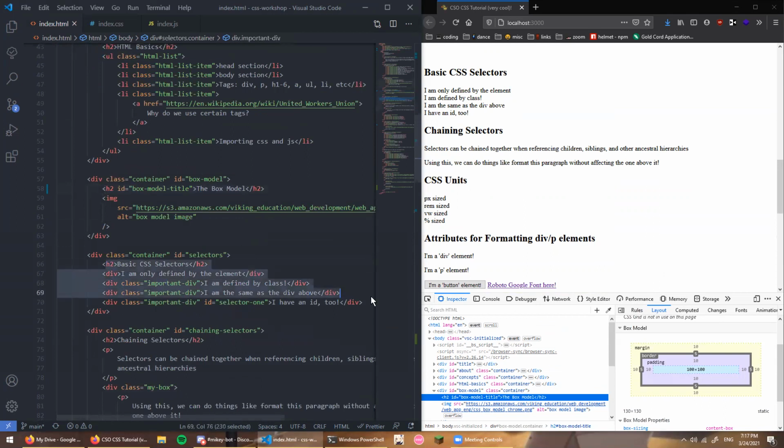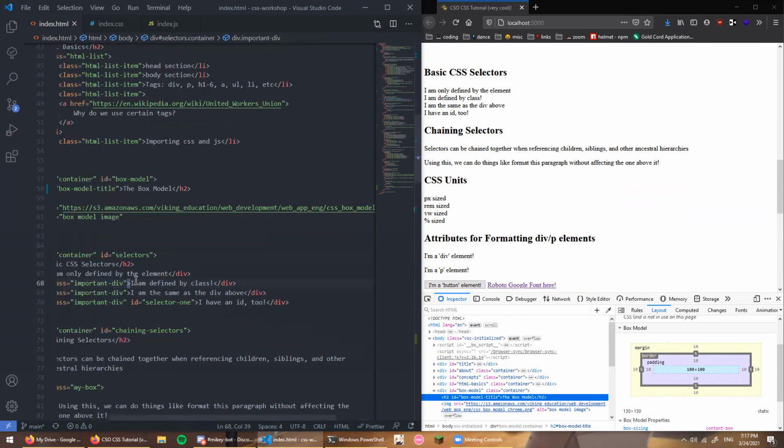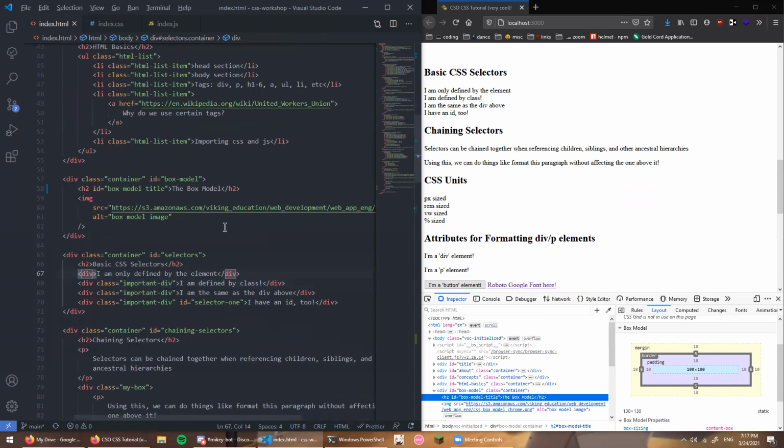Oh wait, actually, I do have examples here. So let's say I wanted to format all divs, right? Let me actually make these P's, just because I have a lot of random divs. Oh no, I forgot how to do it. Okay, I'm just gonna make this one a P element. So if this is a P element,